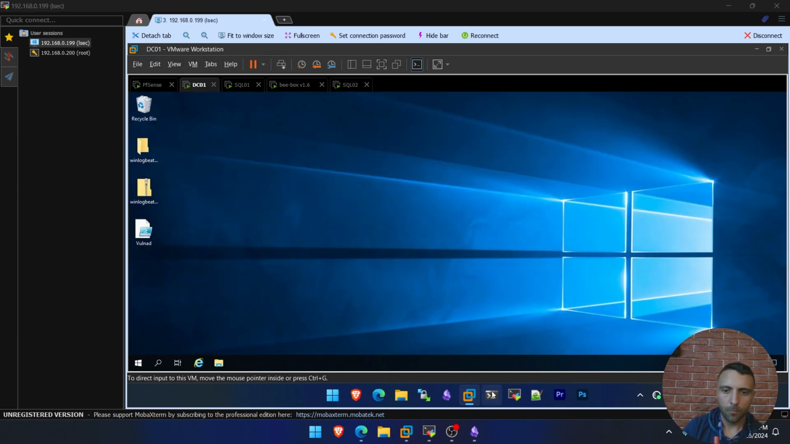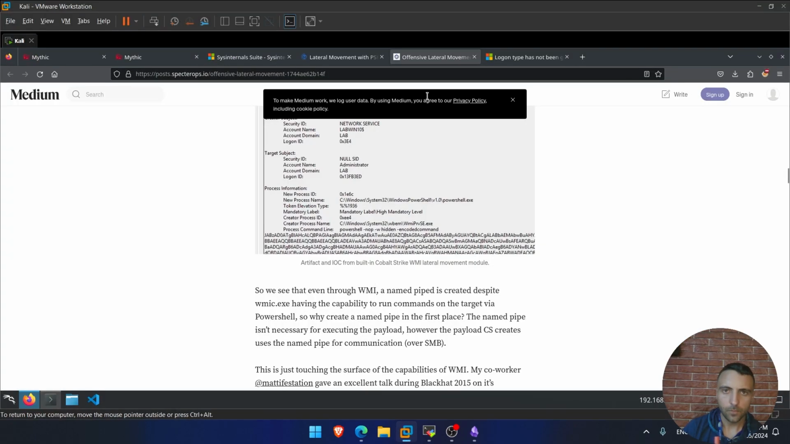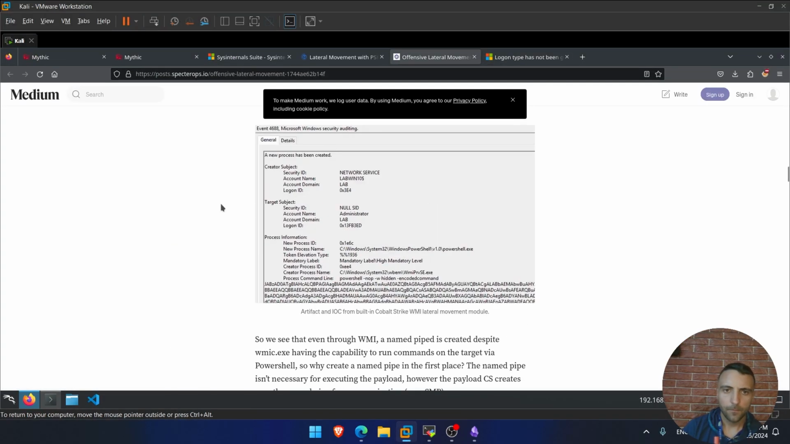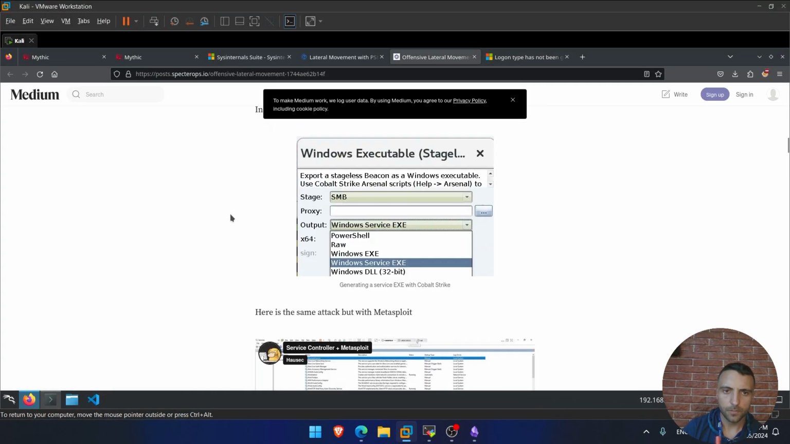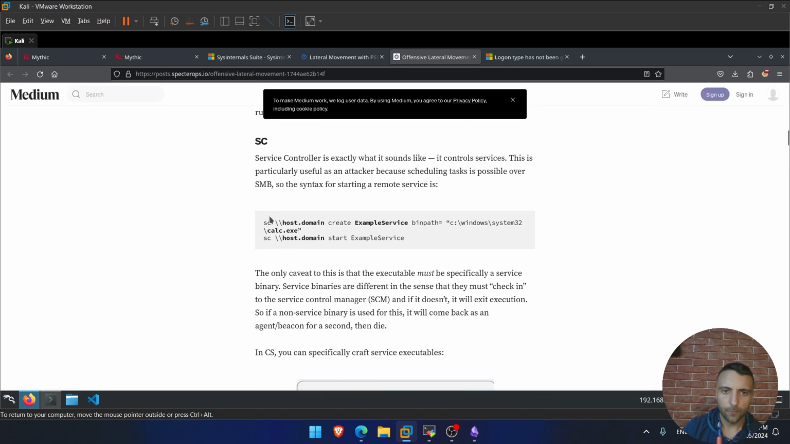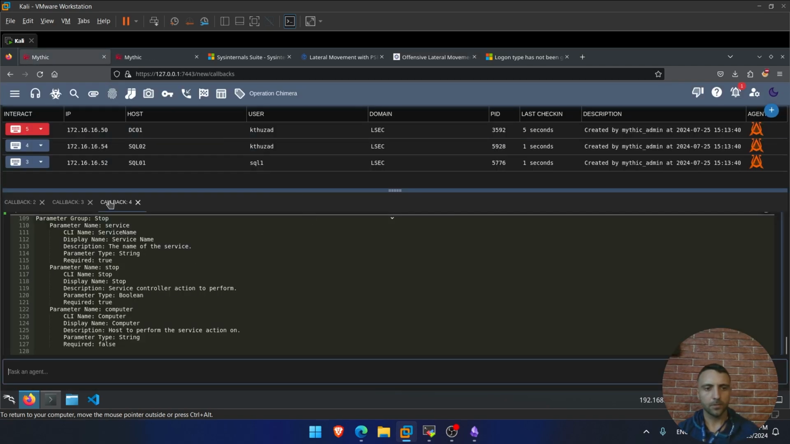So let's go back to the host service creation thing. Now here on the SC, let's see how it works. There's WMI. We have SC. All right, great. And we need again to store that somewhere. Yeah. So can we copy it directly from Mythic? So let's try something like shell dir